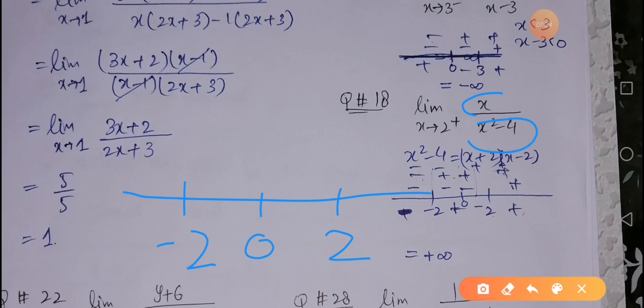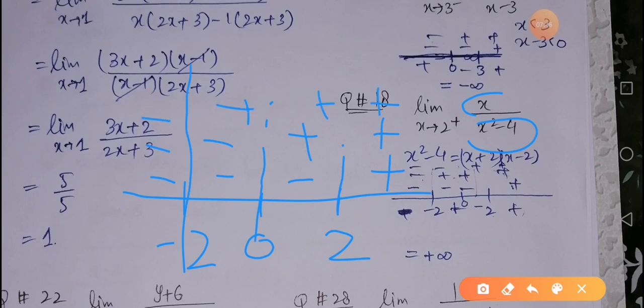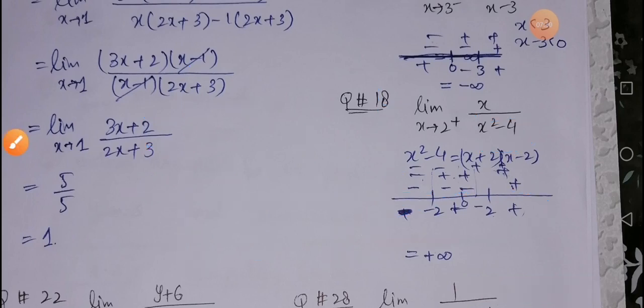Now in order to draw the signs for 2, we have a positive coefficient, so positive on the right-hand side, negative on the left-hand side. Then for 0, again positive on the right-hand side, negative on the left-hand side, and for minus 2, positive on the right-hand side and negative on the left-hand side. So here is the final sign chart for our given expression. When we are approaching 2 from the right-hand side, it will be positive infinity, and for approaching 2 from the left-hand side, it must be negative infinity.